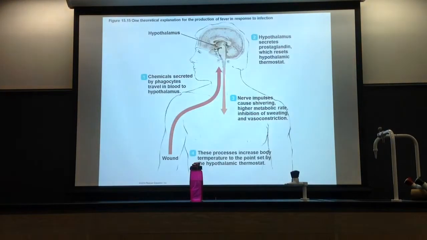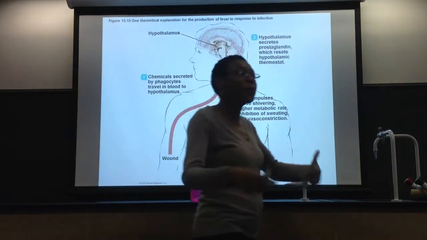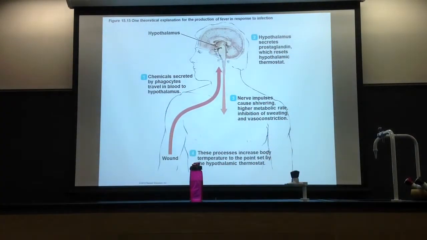Now, how does this work? All right. Now, remember prostaglandin? He was the same guy who increased permeability of your blood vessels. Well, prostaglandin also works in this process. It helps to turn up the temperature. Now, let's see. Where's our number one? Okie dokie. So you got chemicals secreted by the bacteria, you got pyrogens, and they make their way to the hypothalamus. The hypothalamus is your thermostat. It regulates your body temperature at 37. If the hypothalamus senses something's going on, like some pyrogens made their way up there, it's going to turn up the thermostat.